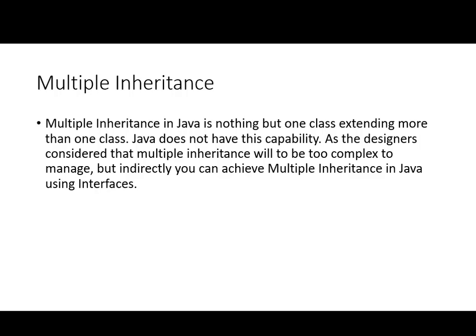Okay, so we can implement more than one interface for a particular class at a time, but we can't inherit from more than one class for a given class at the same time. So that's why, whenever we have to use multiple inheritance, we usually do this with the help of interfaces. Now I will demonstrate a very simple, very basic example, so you can understand much better how we can use this approach.